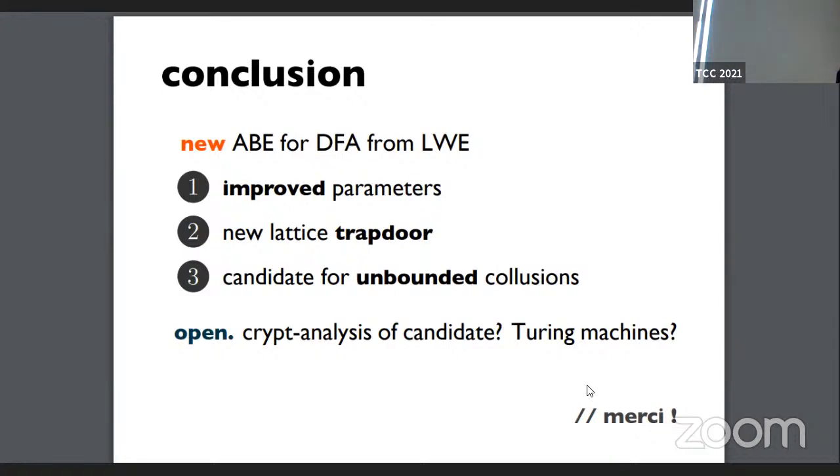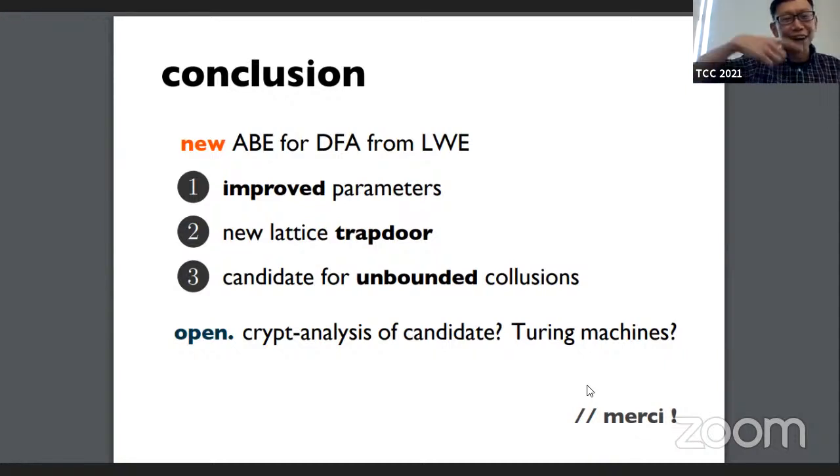Just a high-level question. Can you say something about how much more complicated you think it will be to extend to Turing machines? So it depends. If you have bounded space Turing machines, then I think it's not so hard